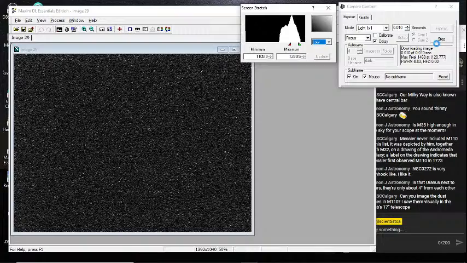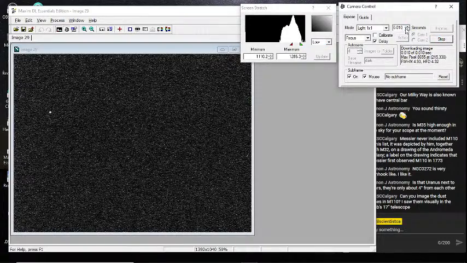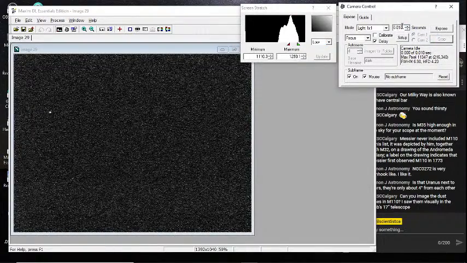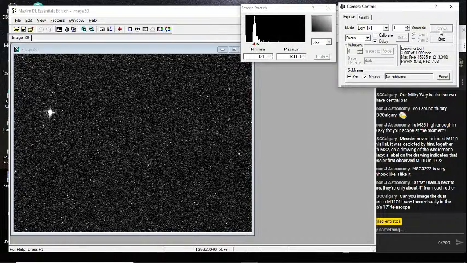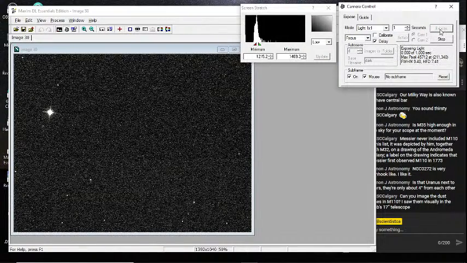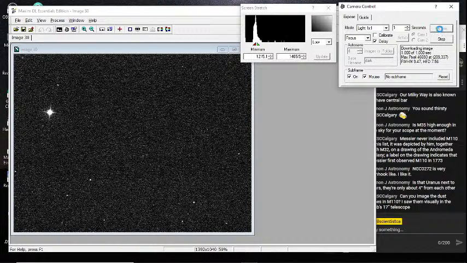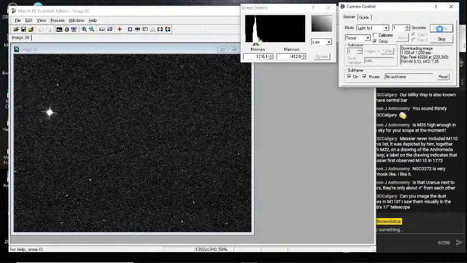Let's stop this for a second and make this 1 second so we can see stars again. Planets are quite bright, so we don't have to do huge exposures on them, but stars are considerably fainter. I'm just going to head over to the telescope. I think that's the right one, but I want to make sure by looking through the smaller auxiliary telescope attached to the main telescope.